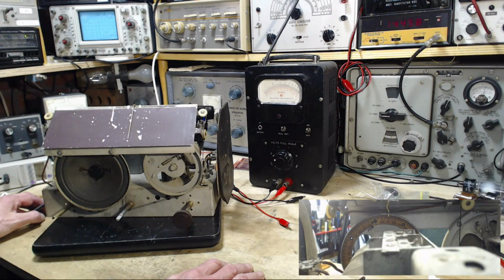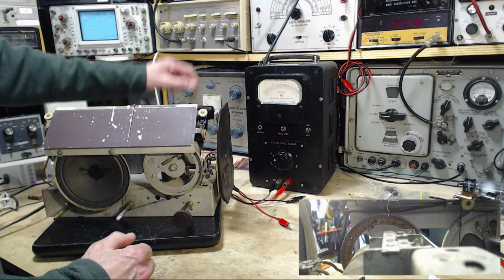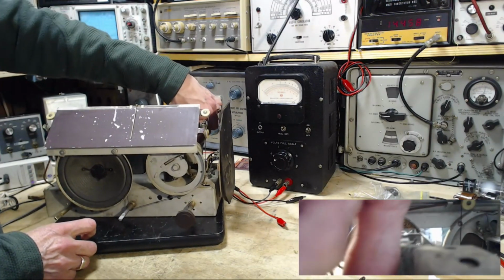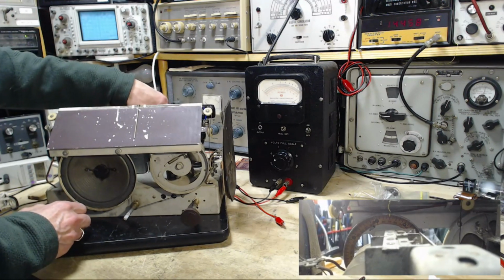Well, how about a loose tube? How about I wiggle this tube here? There's a little bit of volume in it. That didn't do anything. That's not a good sign. Okay, now I'm up at the